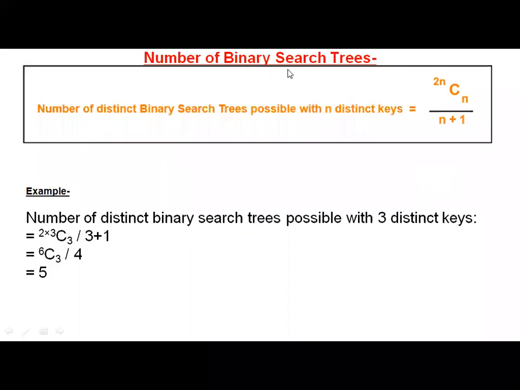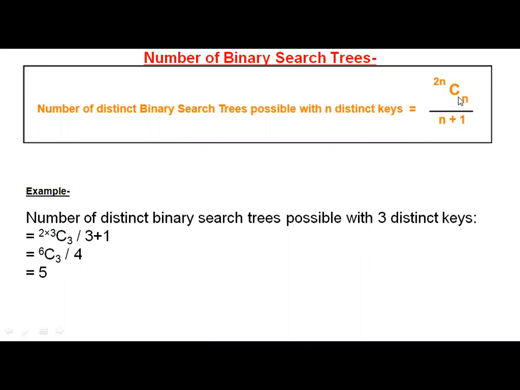Then, the number of binary search trees. How many possible binary search trees with n distinct keys? N distinct keys means n distinct elements. The formula is 2n Cn divided by n plus 1. How many distinct binary search trees you can draw with n distinct keys, meaning there should not be any duplicate elements.